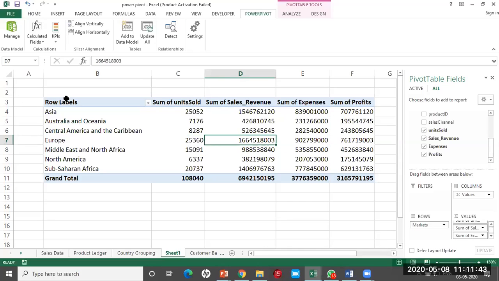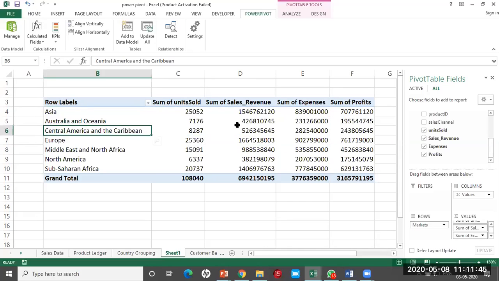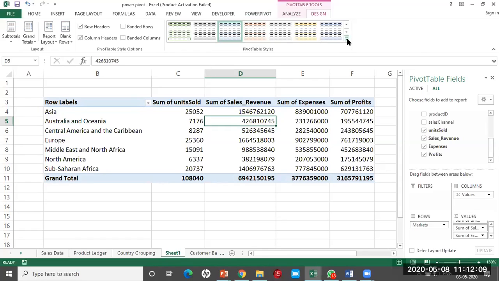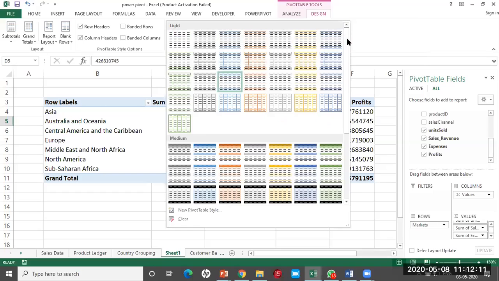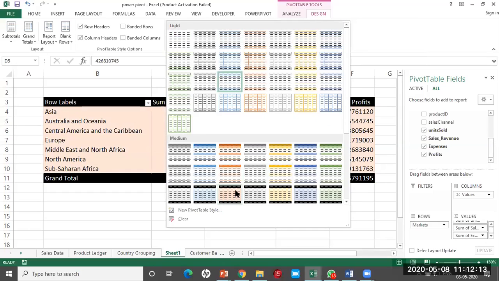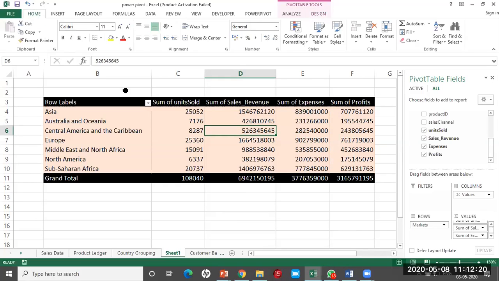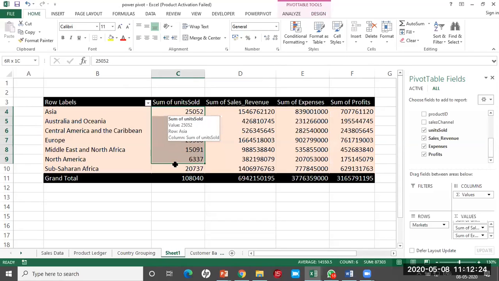Okay. So just click inside the pivot table. In the toolbar, you have got pivot table tools. Go to design, and then different table styles are there. So I'm going to select this particular color. Okay, and then go to the home menu. Now select only this sum of units, units sold. Select only those column cells.